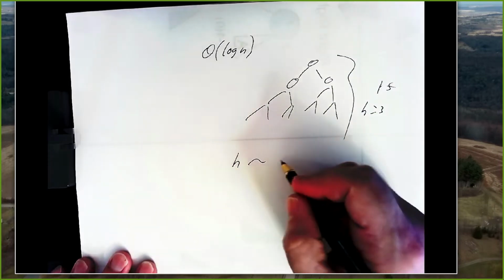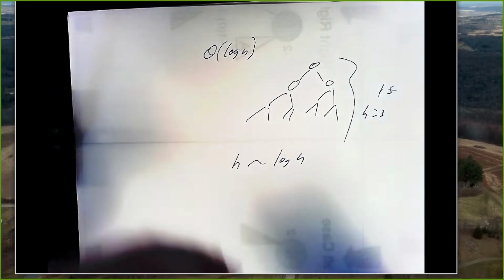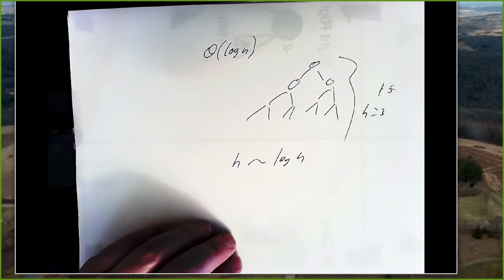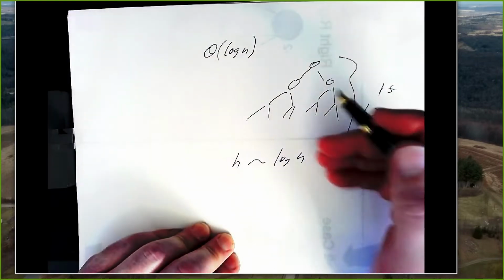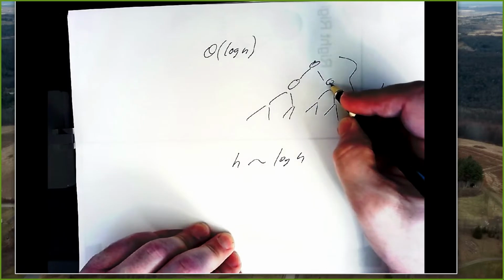And so the height of a tree is proportional to the log of the number of things that you have stored in the tree, if the tree is sufficiently filled at the higher levels before you move down to the lower levels. And since most of our algorithms, searching, adding, deleting, basically start at the root and move down,